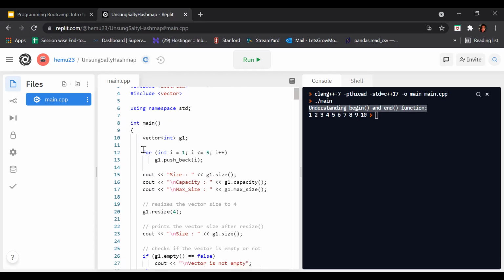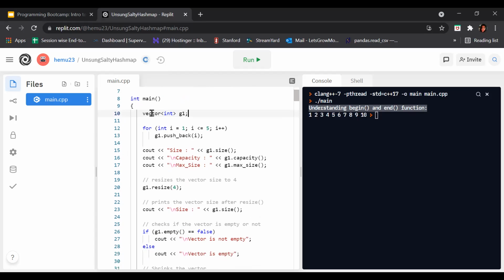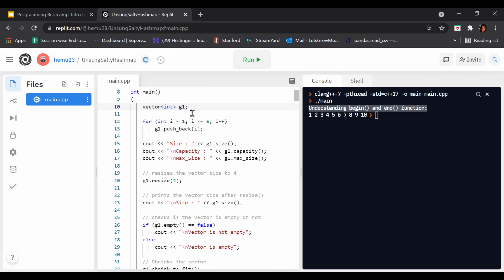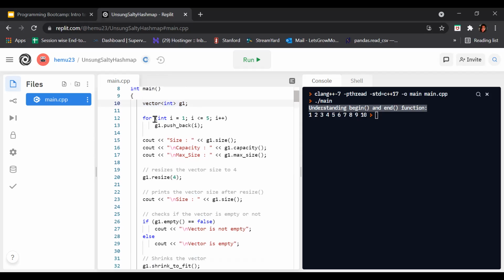Now we are diving into the main program. Create a vector of data type int and name it g1. This statement is executed like that. After that, we are initializing a for loop.